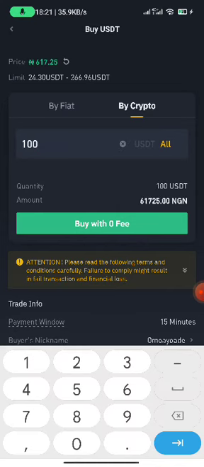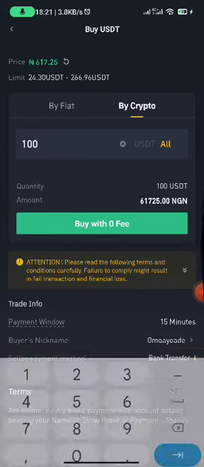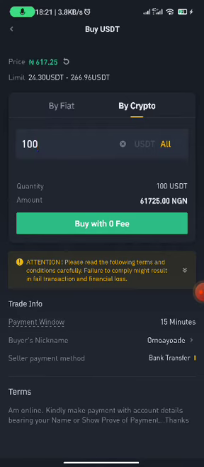Like I earlier predicted, it's 617 something. So this is the current price of USDT right now. Can his terms just come online, kindly make payments with the account details bearing your name or show proof of payment. Thanks. So it's as simple as clicking buy with zero fee. Then I'll see his account details where I'll be able to make the payment, and after that I'll just click